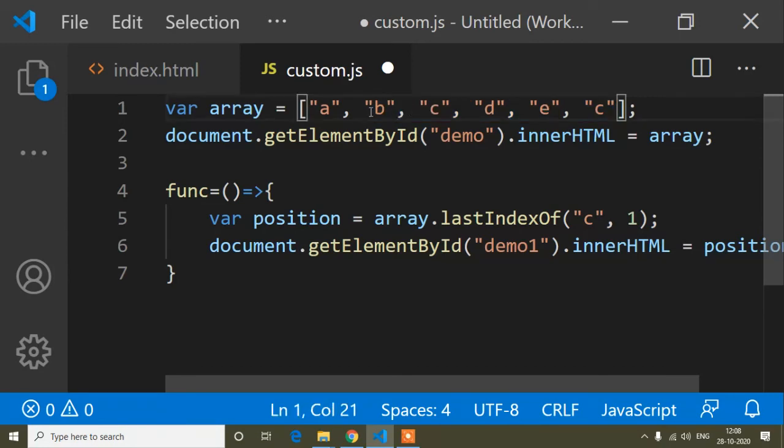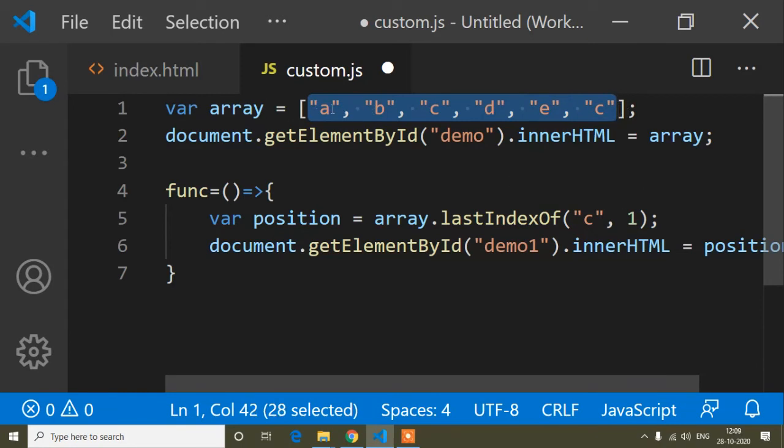It's not different, it is just written for time complexity. Suppose there are 2 lakh array elements, and it starts to find from the first position, it will take more time.